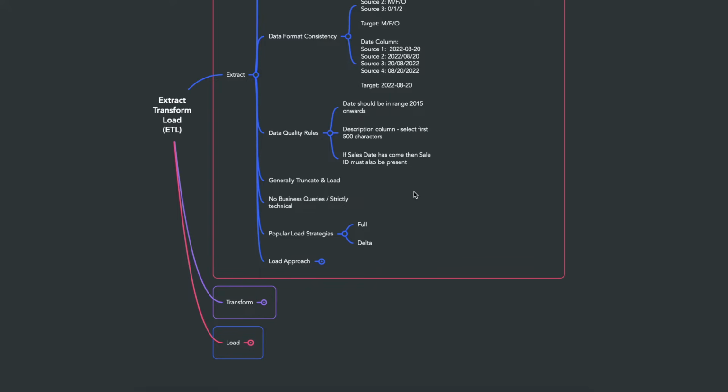In some cases the source may also send you a flag: I for insert, D for delete, U for update, like that. So this makes your life easy. But if the source is not sending you any flag, then in that case you have to load this data into a staging table and compare it with your target table on the basis of primary key to determine whether it's